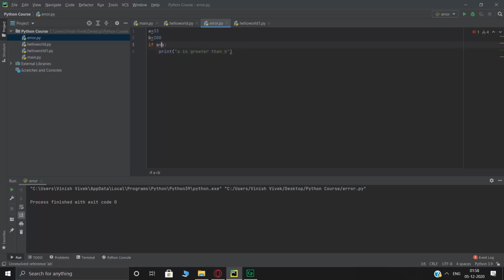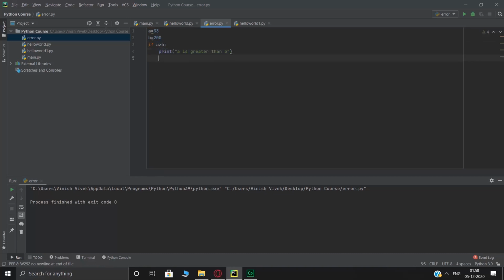So let's just change this. Alright, so Control Shift F10. Alright, so there you can see A is greater than B. So in this basically we tried if this is occurring, then print this. So we gotta tell the system also what to do if it doesn't do that, right? So in our situation, when we did this, A is greater than B, and we run this code, it didn't run anything. That is because there is nothing else to do. If this is true, then do this. But if it isn't, we didn't say anything.